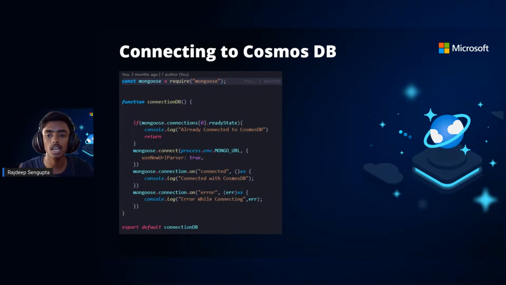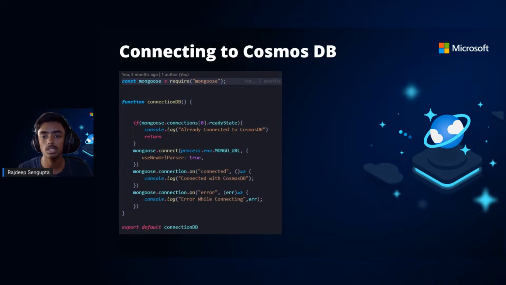In the first line, I'm simply importing Mongoose, then building a function named connectionDB. First, I'm checking if the client is already connected to the database or not, because in Next.js, each time we run the connectionDB function from the client side, it will connect to the database, but we don't want a single user to connect to the database multiple times. If a user is already connected to the database, we just return from the function.